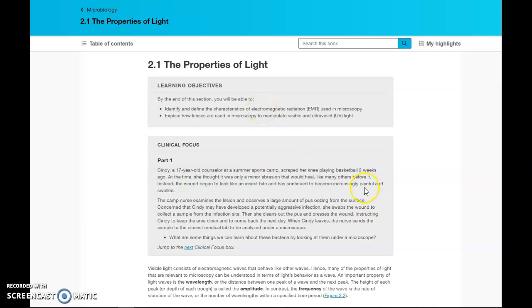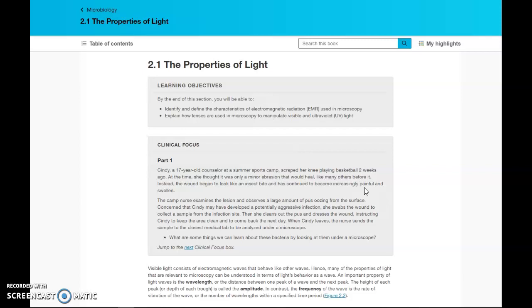Hello, and welcome to our discussion of microbiology, looking at how we are able to observe microorganisms. One of the tools that we use the most in our study of microbiology is the microscope. If we look at the word microscope, micro means small, scope means viewing or looking. So we are using our microscopes to view these organisms that are not able to be seen with the naked